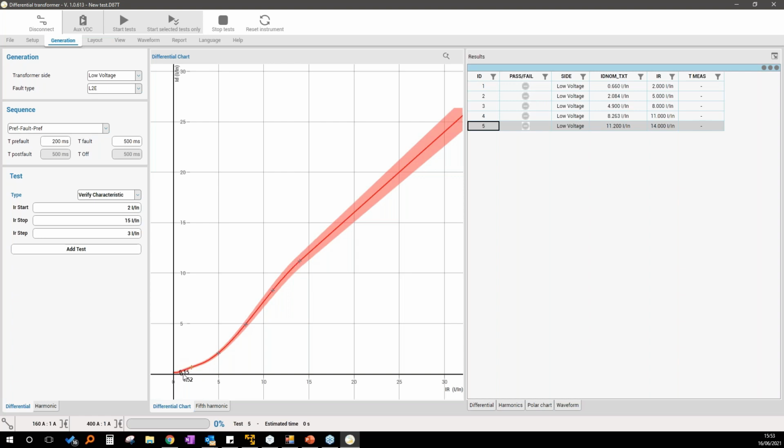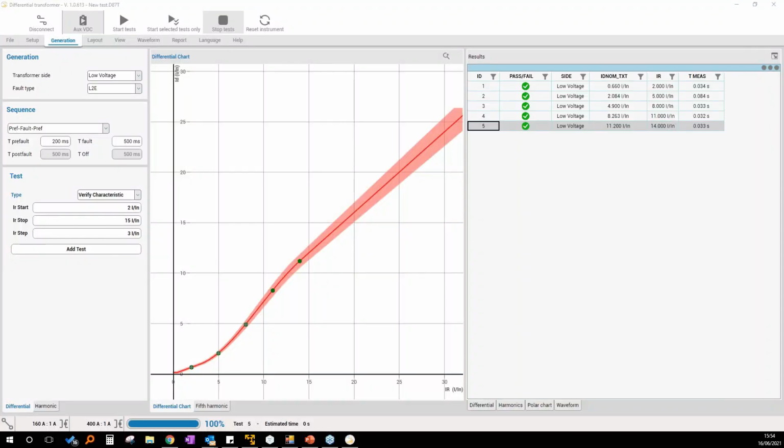So the algorithm now is testing around the border, and in the end, if the border is in the position that we expect, we will get a pass indication. Okay, so okay, the test is finished. So I think we dedicate enough time to this. I hope the concept explained are clear enough.